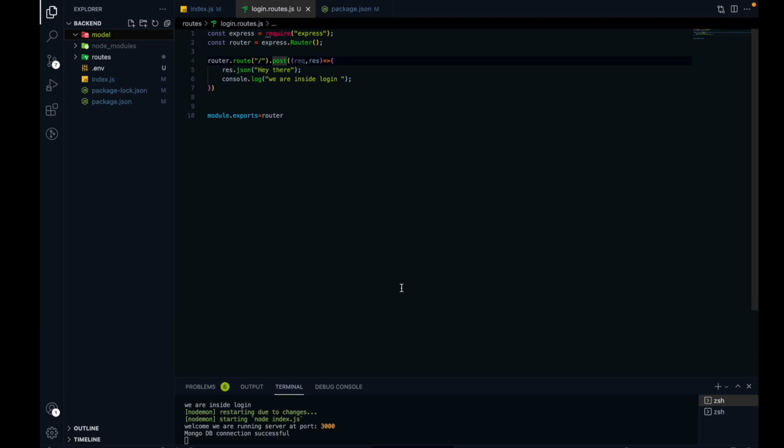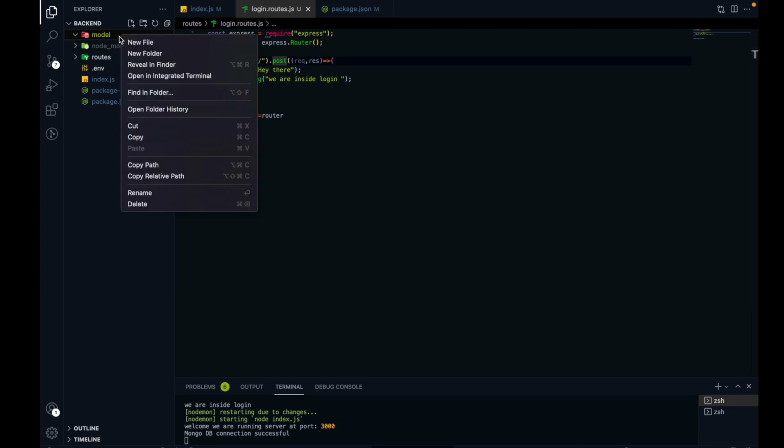So in the last video, we understood about the routing and we created a routing for the login endpoint. Now let's add the functionality of our login endpoint and let's create a model for it. In a NoSQL database, generally the collection is what a table is for the SQL database. Okay, so there is a terminology I will explain to you once I create the